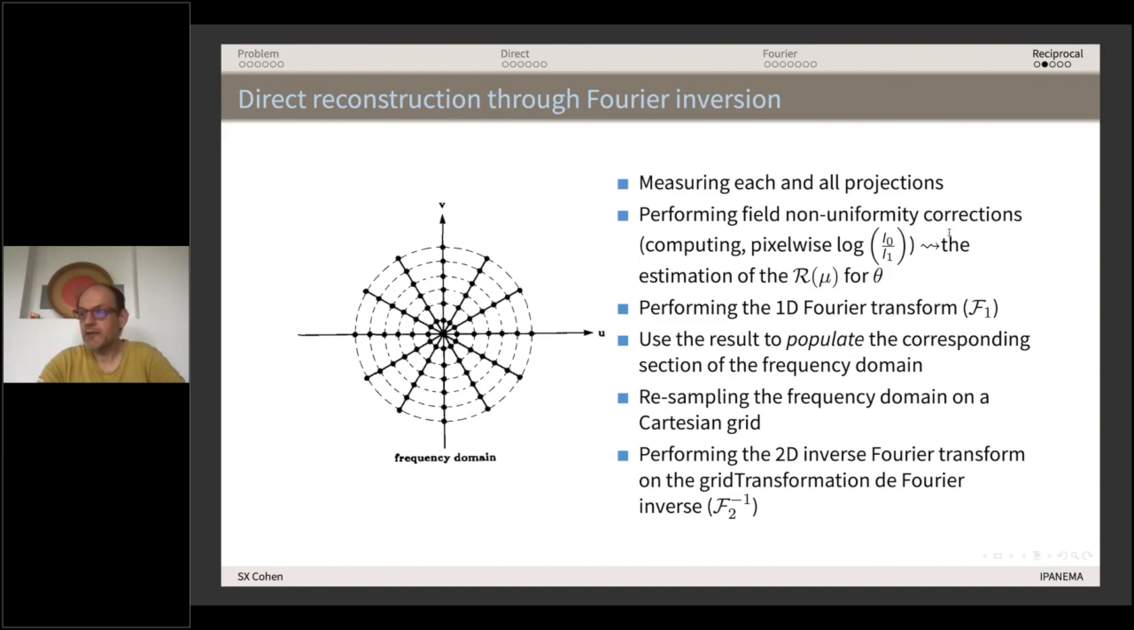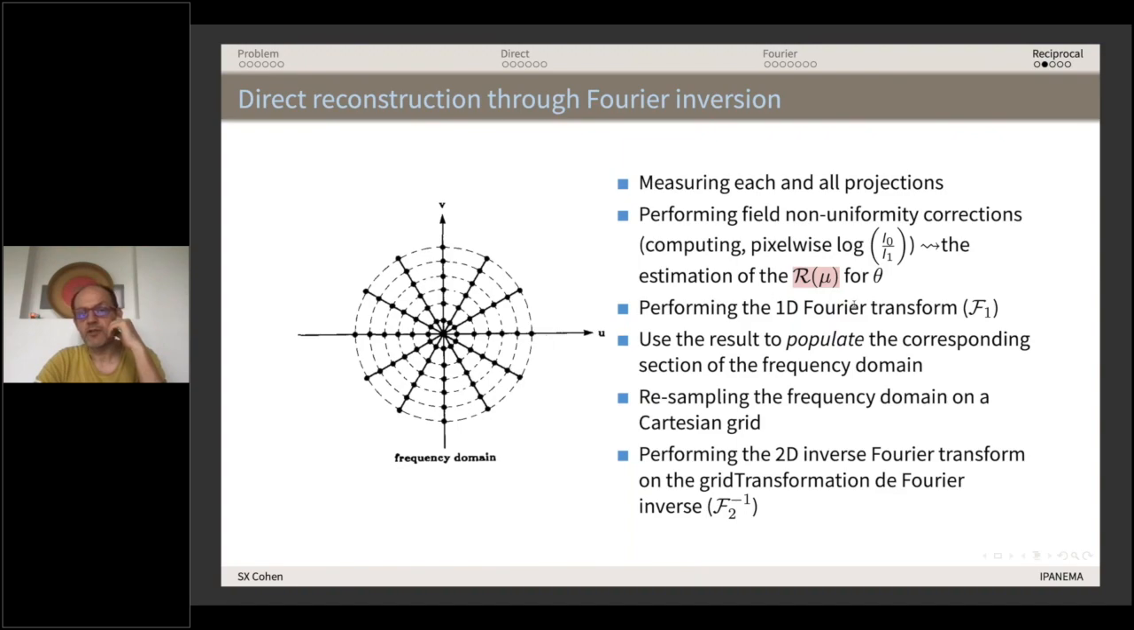So I'm measuring the intensity coming out on the detector. The first thing, obviously, I have to do is compute the absorbance. For each pixel of the detector, for each angle, I have to compute the log of I0 over I1, the transmitted part, and this is basically estimating the Radon transform of mu at a given theta for each angle I'm computing. On this one I will compute the Fourier transform, and what the slice theorem tells me